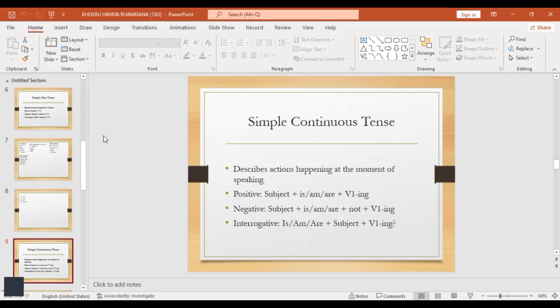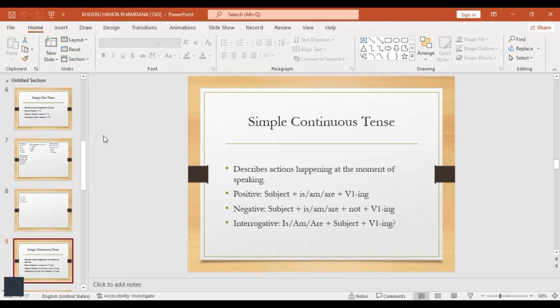The structure of the present continuous tense is subject plus to be, I am, is, are, plus verb in -ing. For example,